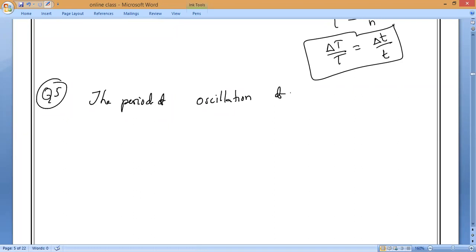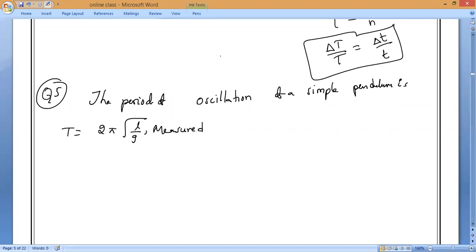The period of oscillation of a simple pendulum is T equals 2 pi into root of L by G. The measured value of L is 20 centimeter, known to 1 mm accuracy,